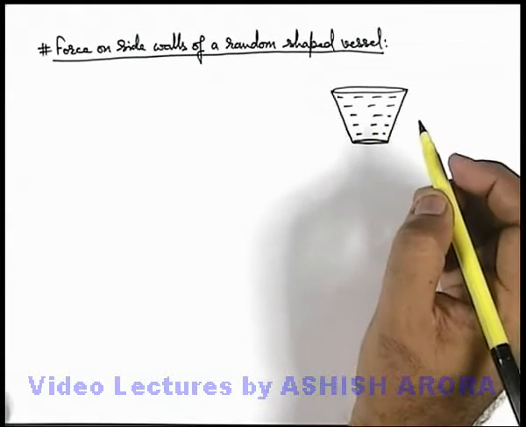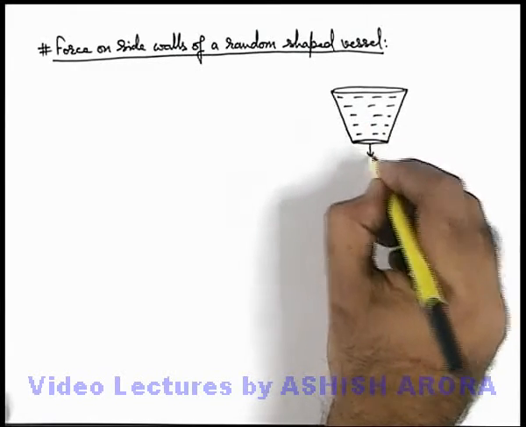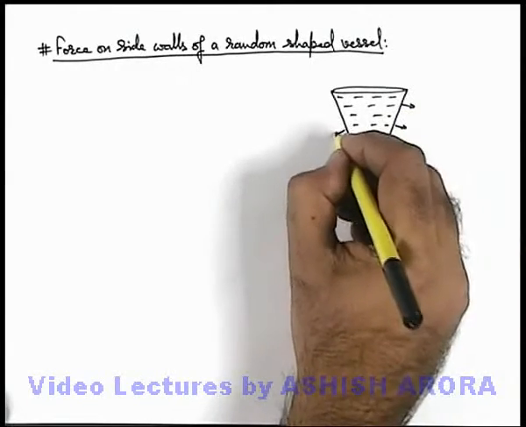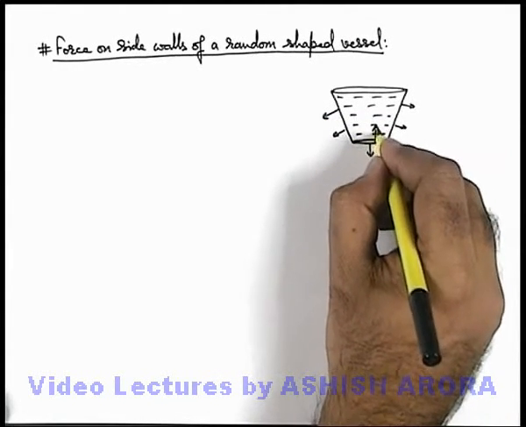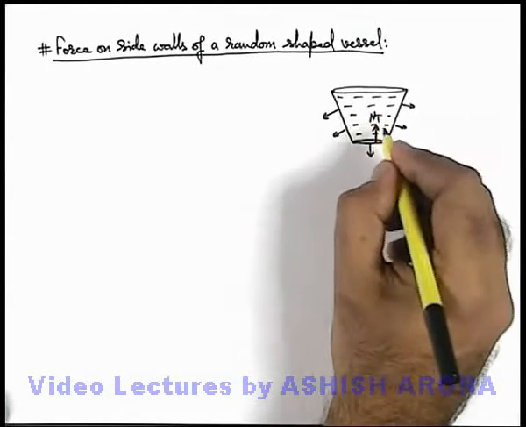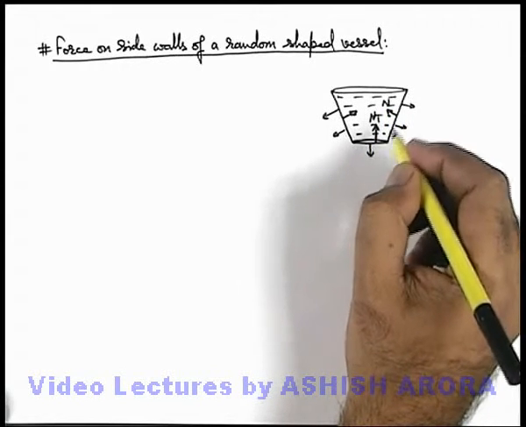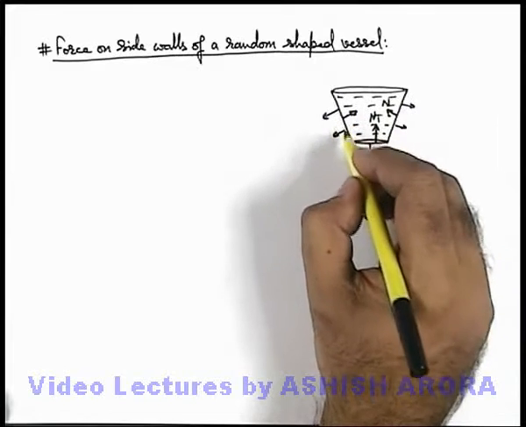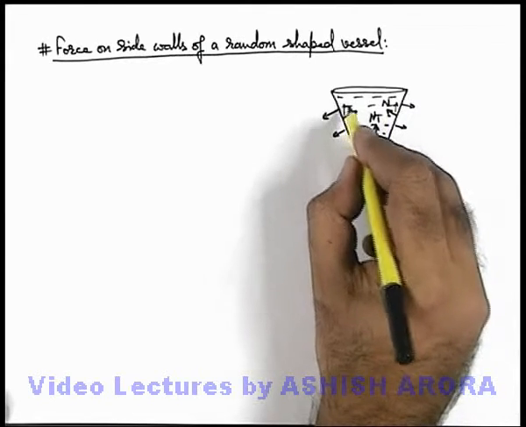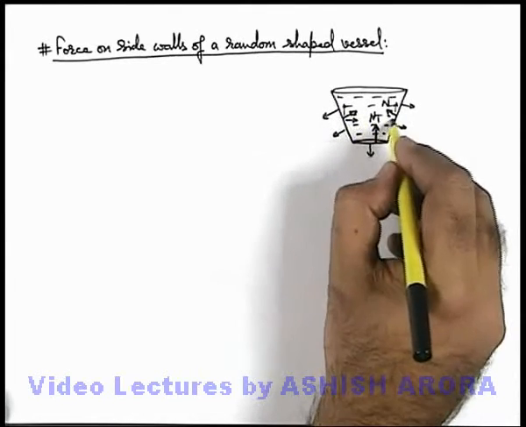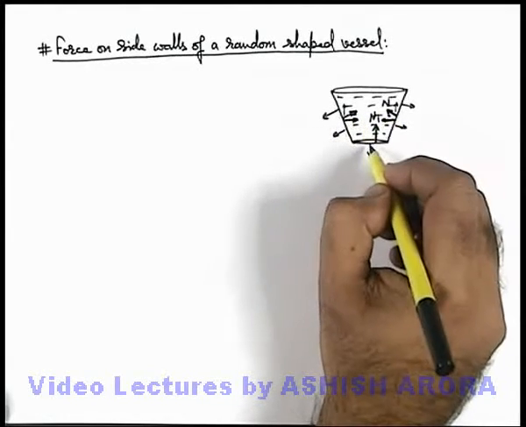and in this situation we know well that this water, due to its weight, will push the bottom in the downward direction and will push the side walls in the direction normal to the surface. Obviously, due to its reaction, the bottom will apply a normal reaction on the fluid body, say N1, in the upward direction, and N2 in the direction normal to the side walls of the vessel. So we can say the overall weight of this water is balanced by N1 and the vertical component of the force exerted by the side walls, as the horizontal component of the force exerted by the side walls will always cancel out as the fluid is in equilibrium.